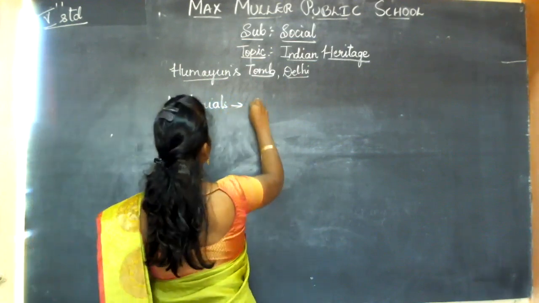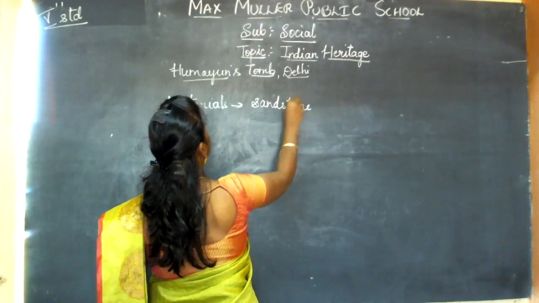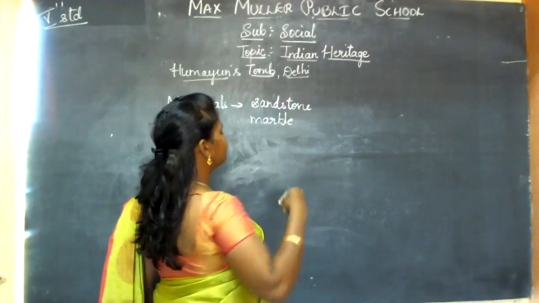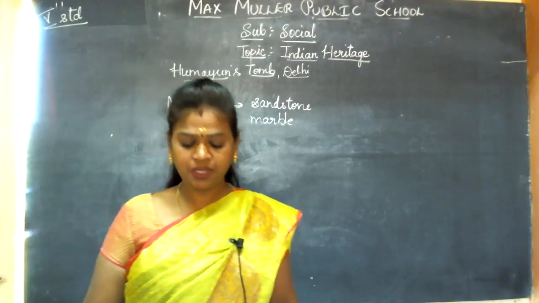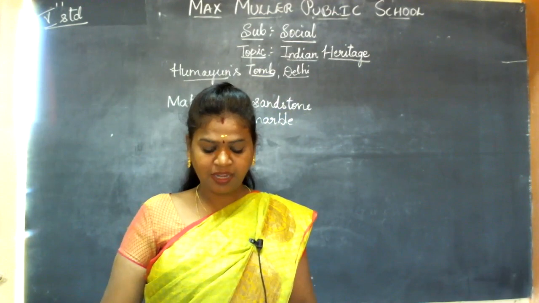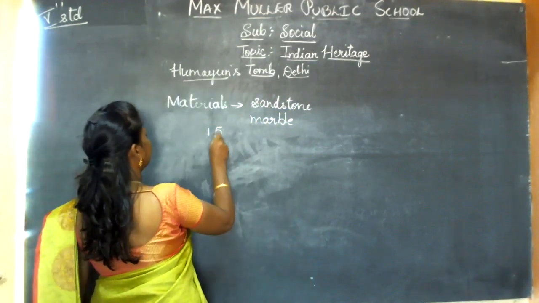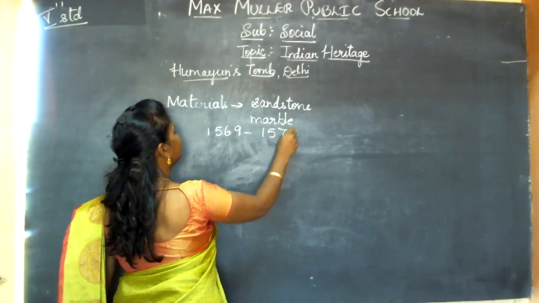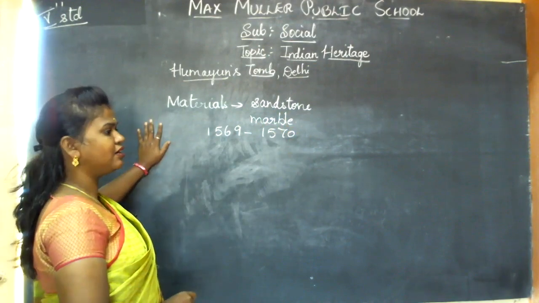Sandstone and marble were the two materials used to build the Humayun tomb, and it was built between 1569 and 1570, and this was built in the middle of